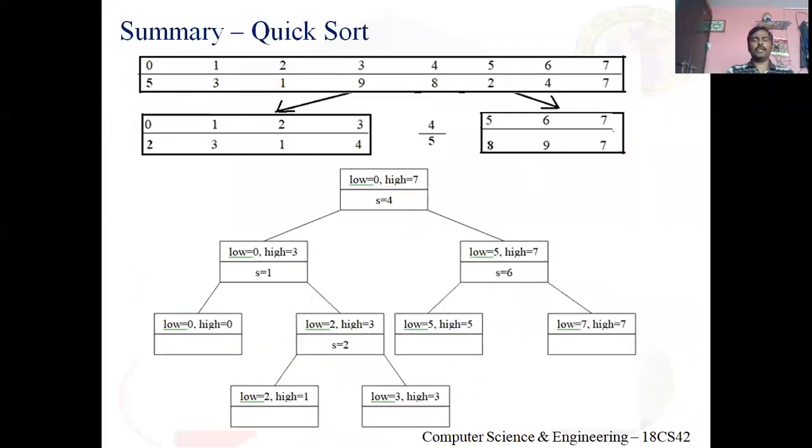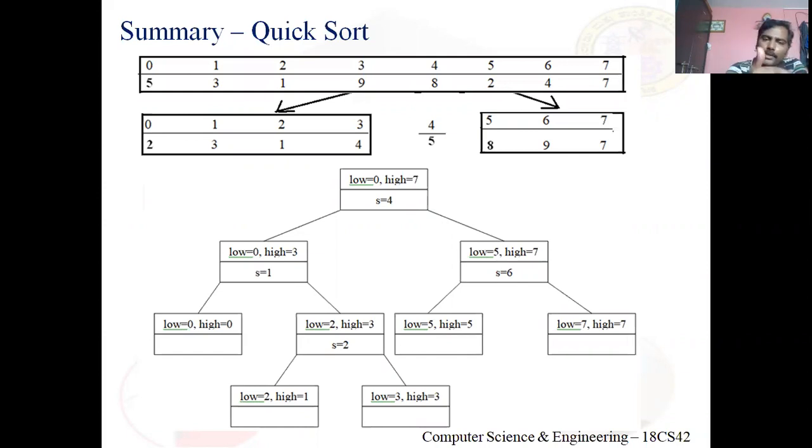Now coming to quicksort, it's very important that you construct a tree of recursive calls. I have explained this quicksort to you in the previous session. Initially we have an array with 8 elements, so the low index is 0, the high index is 7. Initially the partition occurred at index 4. In each node, the second row shows s equals 4, low equal to 0, high equal to 7, partition index at 4. Now look at the two subproblems I got. Low equal to 0, high equal to 3. And the second subproblem, low is 5, high is 7.